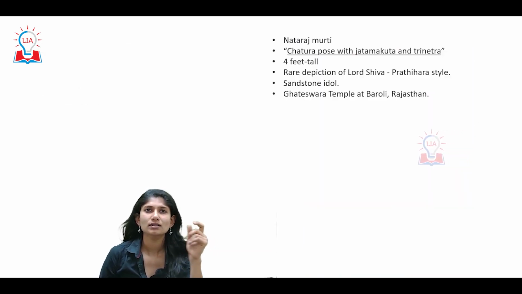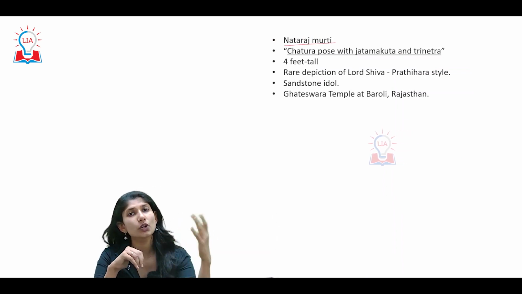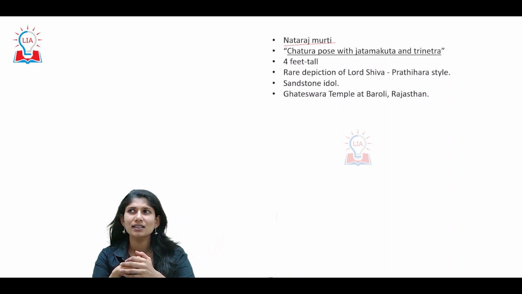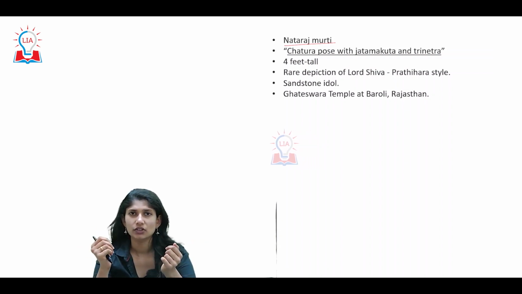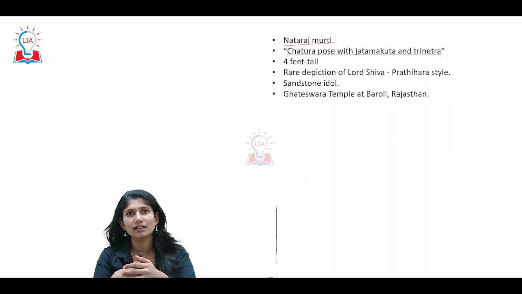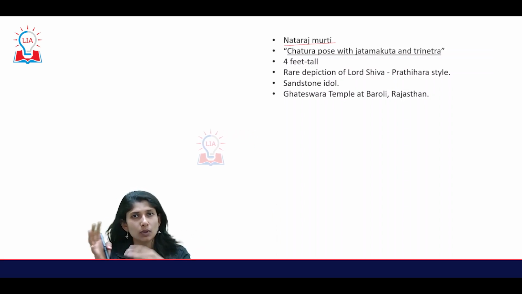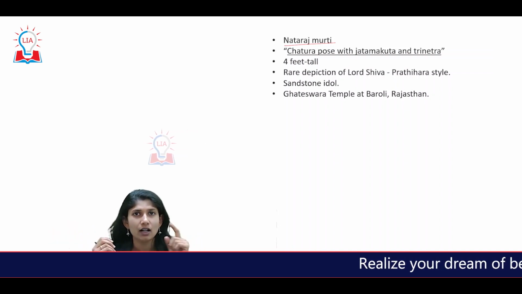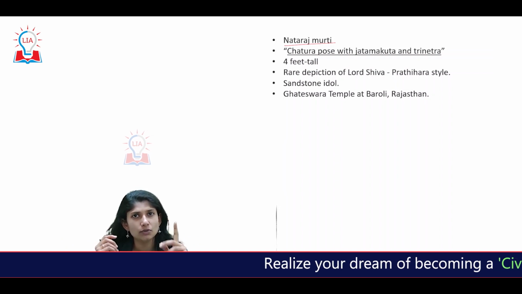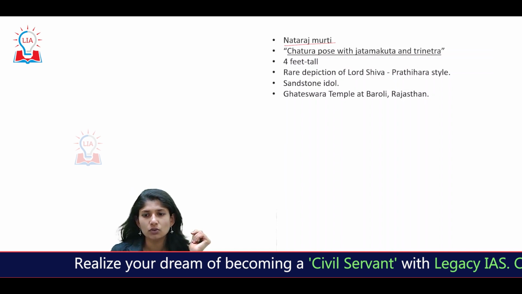Now, one other sculpture is your Nataraja Murti belonging to the Pratihara period. You all know about the fact that idols get stolen and smuggled into other countries. So one such idol was first stolen and smuggled, and now from the UK, it is said that it will be coming back to India. One such sculpture belonging to the Pratihara period is a Nataraja Murti with a Chatura form,